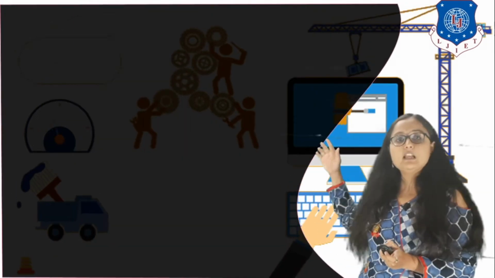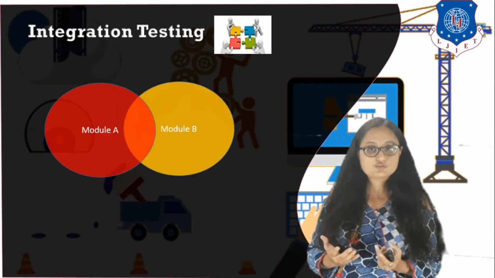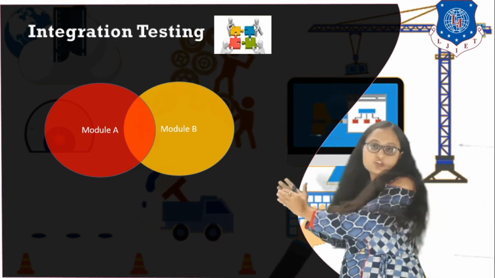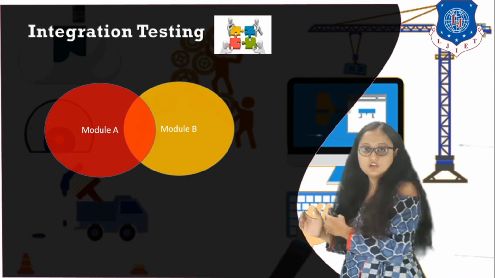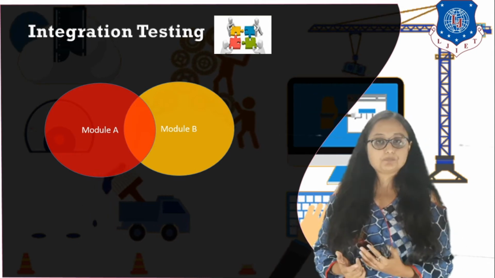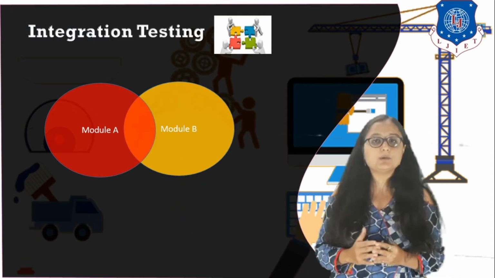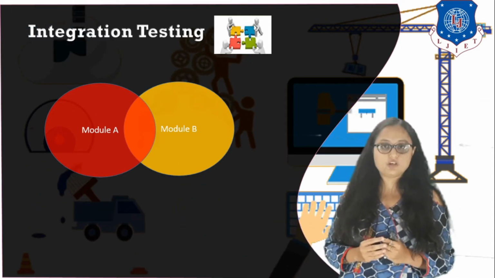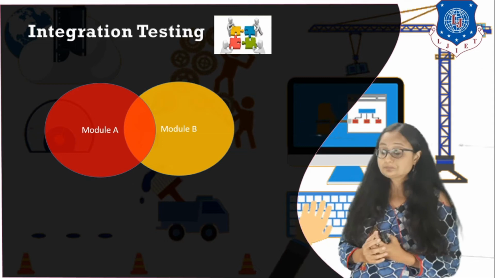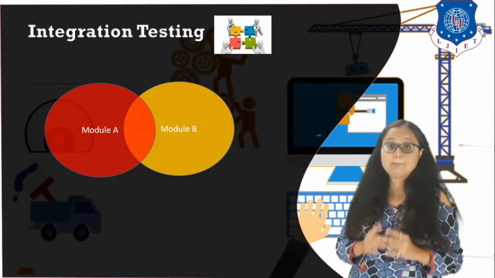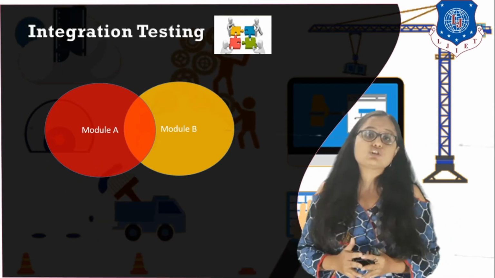First of all, let us study what we mean by integration testing. When you have different modules to test, we test them individually in unit testing, that we have already seen. For example, if you have module A and module B as shown in the figure, you have already individually tested them, but it is quite possible that there is some sort of interdependency between module A and module B in a software. When there is interdependency, it means that there is some sort of data exchange. We have already tested them individually, but when you integrate them and test them, there is a possibility that there is some sort of error.